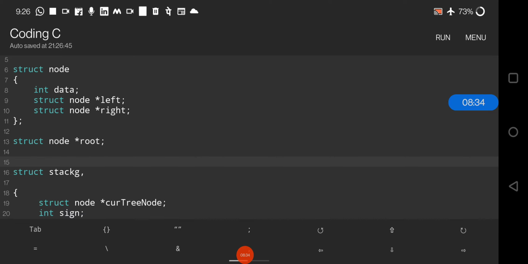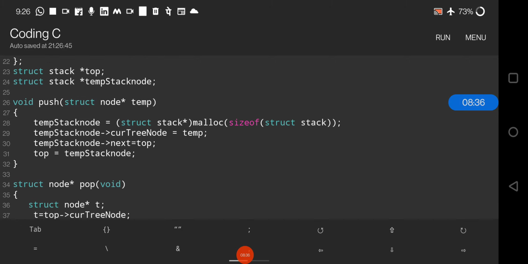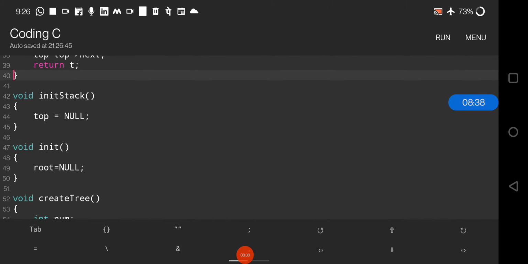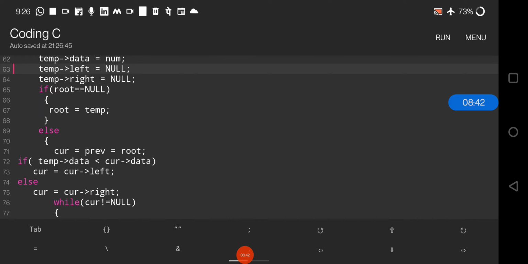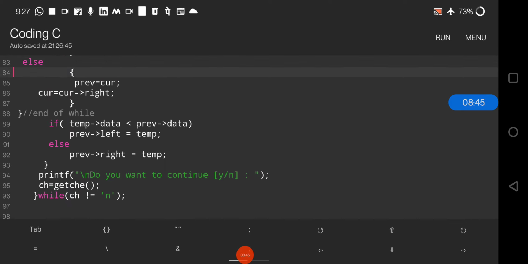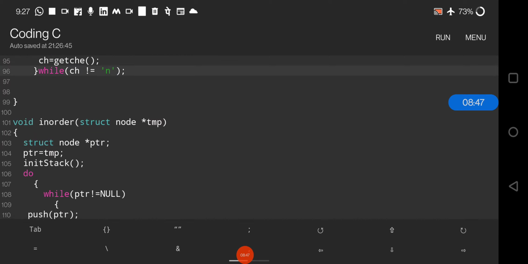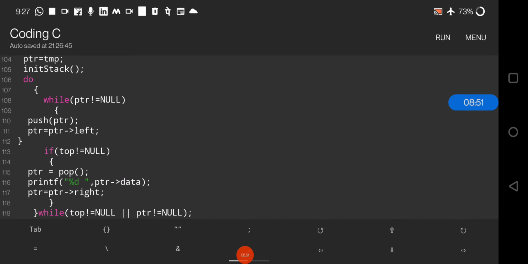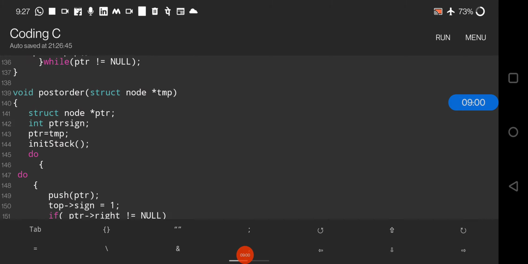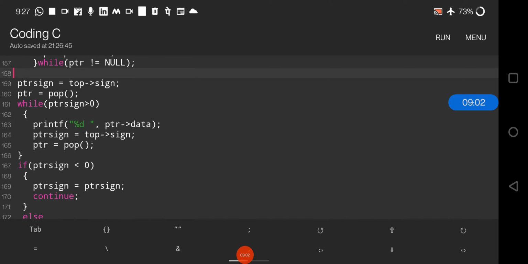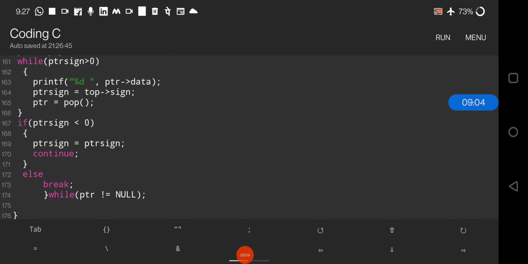Now for the in order tree traversal, this is the tree that we have already created. In the in order manner we have to check that the nodes are there or not, and we have to follow the in order manner. So see, we are declaring the function of in order, and we will be checking the left node, right node, the information and the data. Accordingly we will be implementing the in order. We can implement the pre-order and post-order, but I have implemented the in order right now.